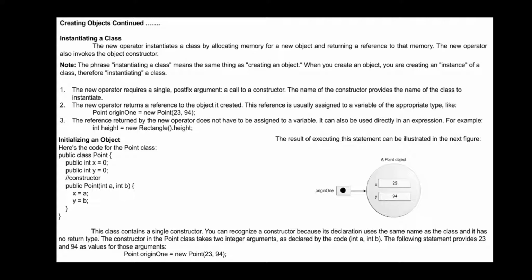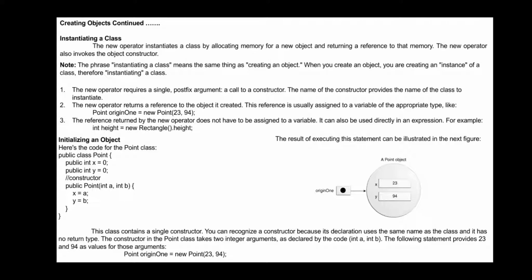Then a simple example of how objects can be instantiated and how they are defined within the memory, we will see now. Instantiation is the part where the new operator instantiates a class by allocating memory for a new object and returning a reference to that memory.